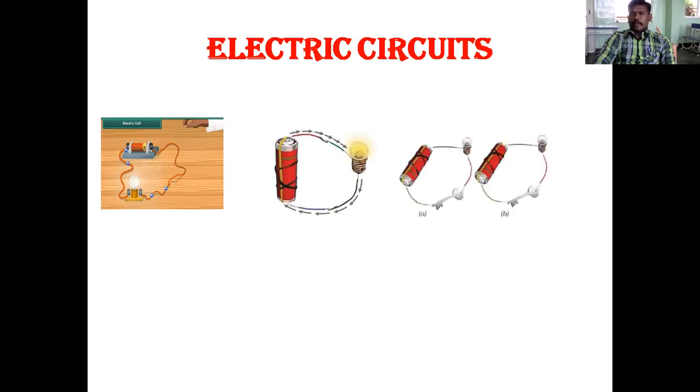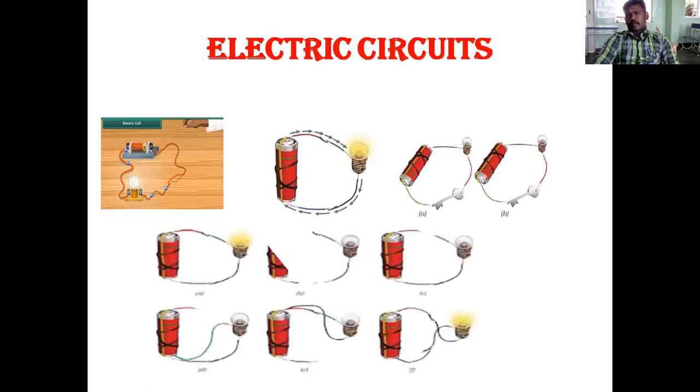Some of the electrical circuits are connected with the help of a cell and bulb. Some of the circuits are made with the help of a switch. The switch is here as a key; the key acts as a switch here. See, the first diagram is connected with only the cell and bulb. In the second diagram, A and B, it is connected with the help of the switch.